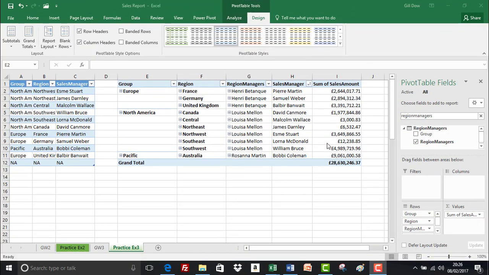Okay everyone, let's just get started on group work 4. I'm currently on page 27 of the user guide and we're going to have a look at creating a hierarchy. So what is a hierarchy? Well, it's a list of fields that are considered a single item when they're used in a pivot table. They appear as a single object in the pivot table field list. And their job really is to make it easy for users to select and navigate data when they're creating reports